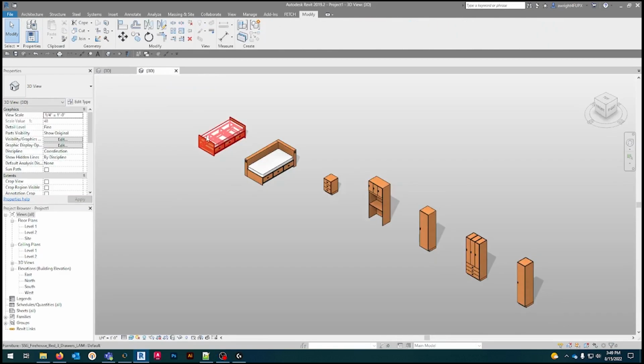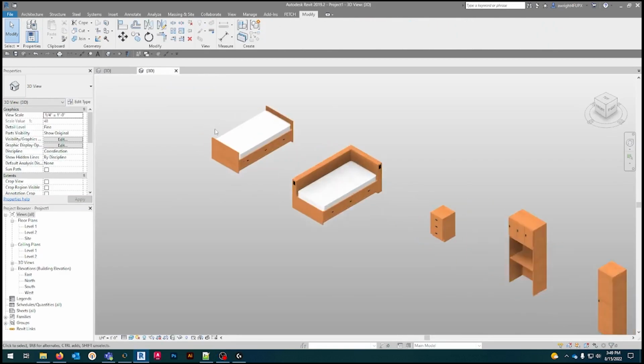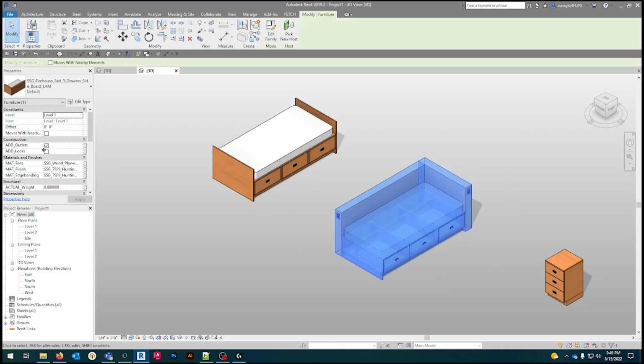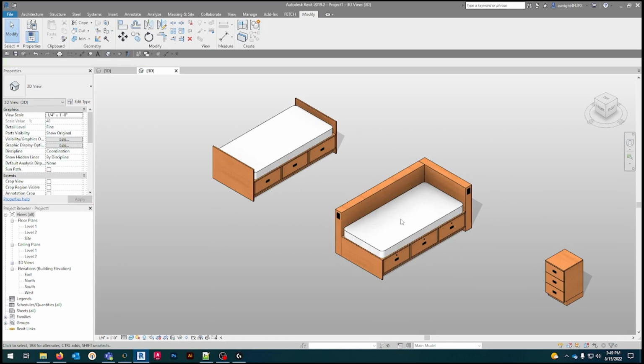Let's take a closer look at these families individually. Choose between a standard bed with a headboard and footboard, or a custom-made wraparound bed with convenient charging outlets. Both options include 3 floor-level drawers with optional locks. The width and depth parameters change the mattress to your desired size, and the rest of the bed will parametrically